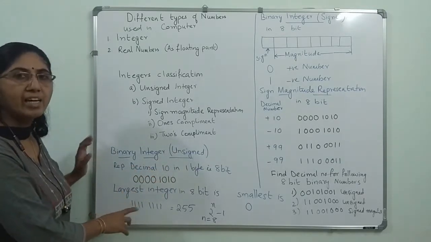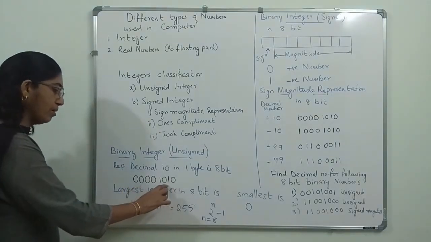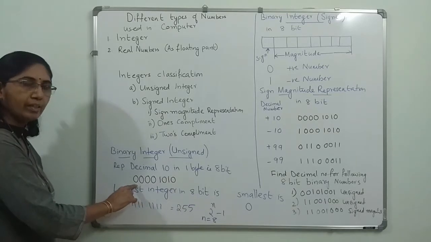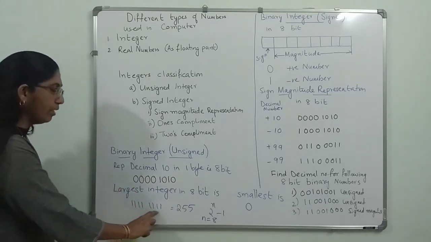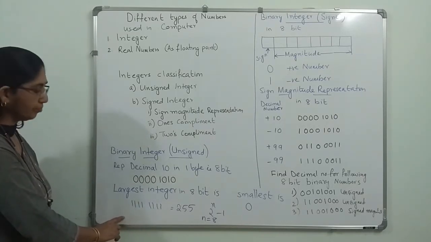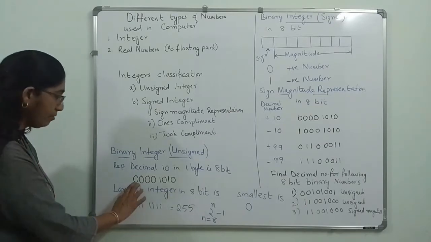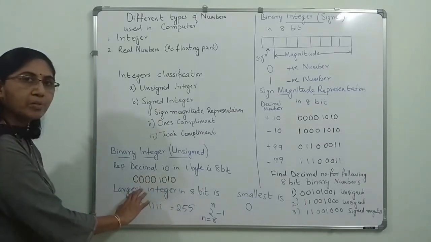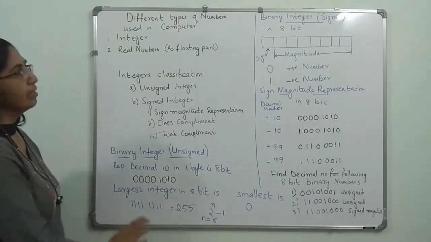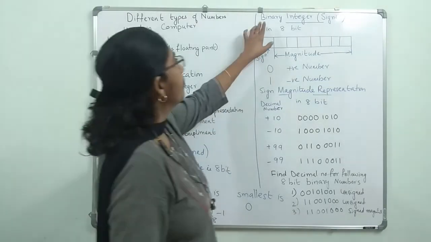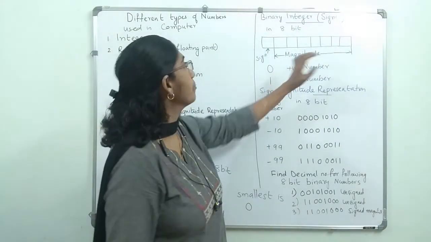You are not assigning any sign value here. You can represent all the digits from 0 up to the 8th bit, and all are counted in taking the value. Okay. Is it clear to all of you? So you can assign values to each of these to represent the number. Now this is the unsigned configuration. Now we are going to the signed representation, binary integer in the signed representation.